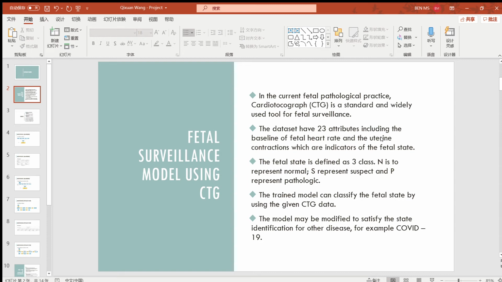Due to the current situation we are going through, I was first trying to build a model for identifying COVID-19 positive cases. But I can't get access to the patients' medical data, which is protected by the government, so there is no data for public use. So I turned to this project, which I think is similar. Basically the dataset has 23 attributes,